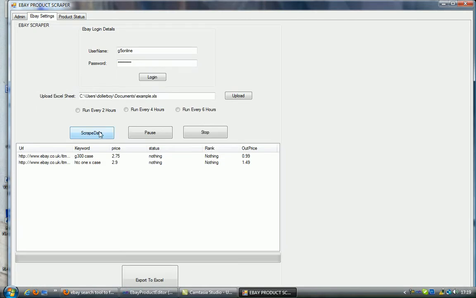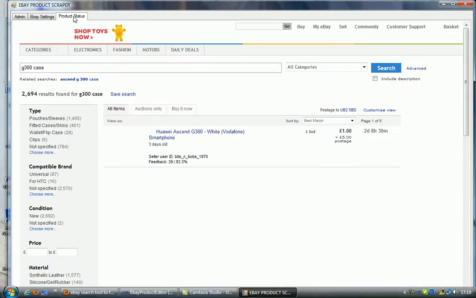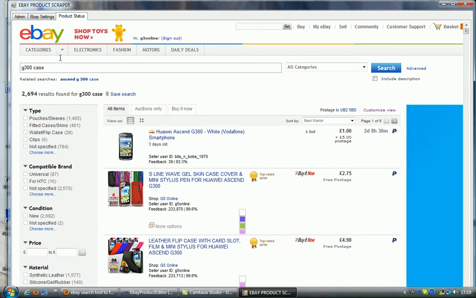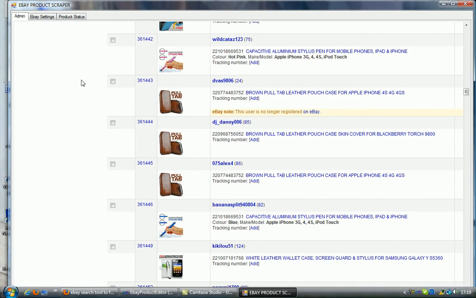If I click scrape, I want to run it every 2 hours. This is the same script. See, it's running successfully in this case, and it automatically searches with the particular keyword I gave. Okay, my product is at 2.75. There's no need to change that particular product. Let's go and see, it's not changed at all.